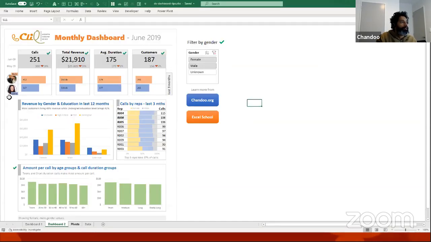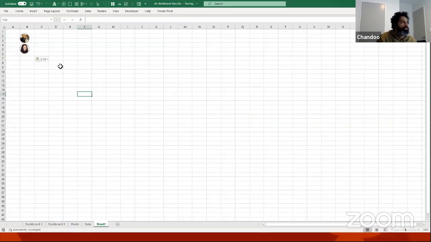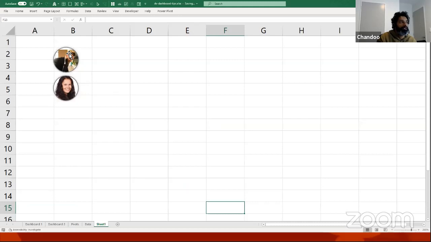So here, these are just static pictures. There's nothing going on there. I'll show you, because you might already know, but there might be other people who are interested in these kinds of things. So I'll show you. This is Bob and Gina.